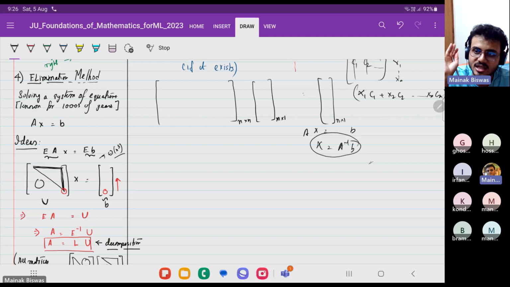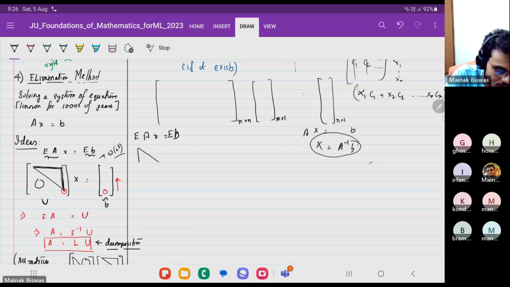Your Chinese and Indians knew this 3000 years ago. They had solved questions using this. So it should not be very difficult. So what will I do? I've already given you the intuition. So if I have AX equal to B, right? I'll do the same elimination on both sides, such that I'm left with a